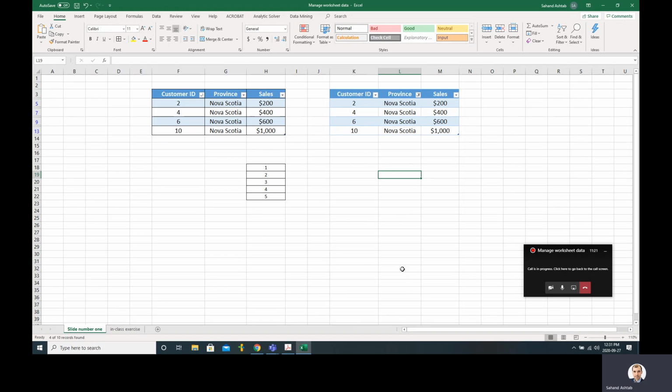Again, we're applying it to a table which has 10 rows. This could be 1,000 rows. This could be 100,000 rows. As soon as you just click on Nova Scotia, that will actually give you the data that you're interested in. And in this case, we have got 3 columns, which is customer ID, province, and sales. There could be like hundreds of columns here. It could be customer ID, customer name, what their address is,